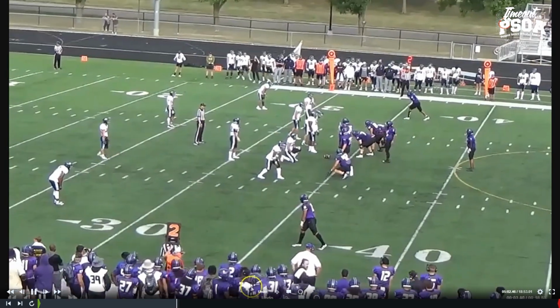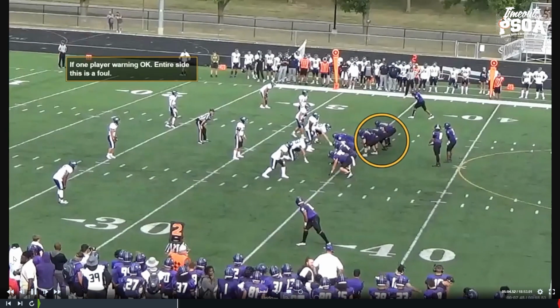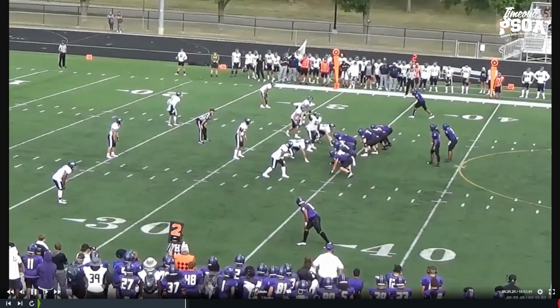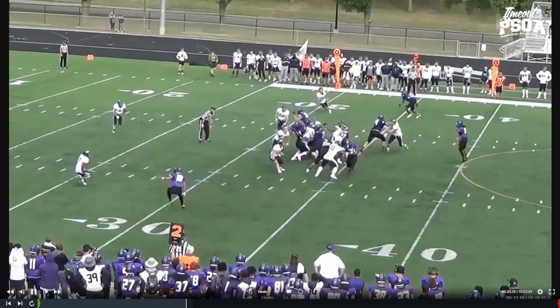All right, next play we've got is, yeah, his comment is, if we have one player here, we can warn for being too far back, illegal formation. But if we have 3 guys who are not on the line of scrimmage, it's got to be a flag, no warning on that. So that's just a comment, pretty quick one.